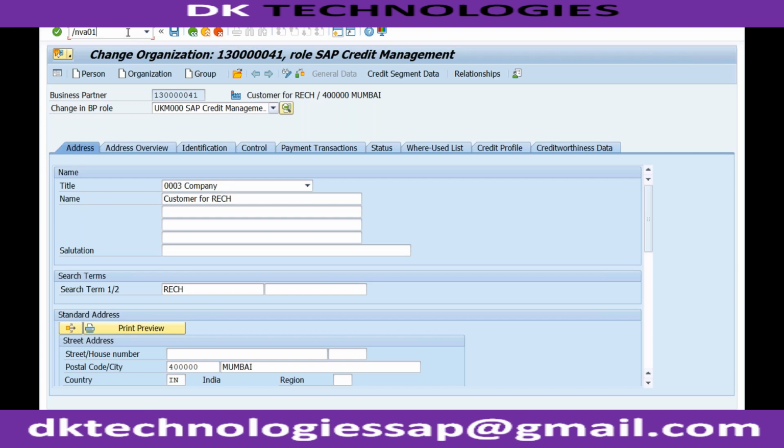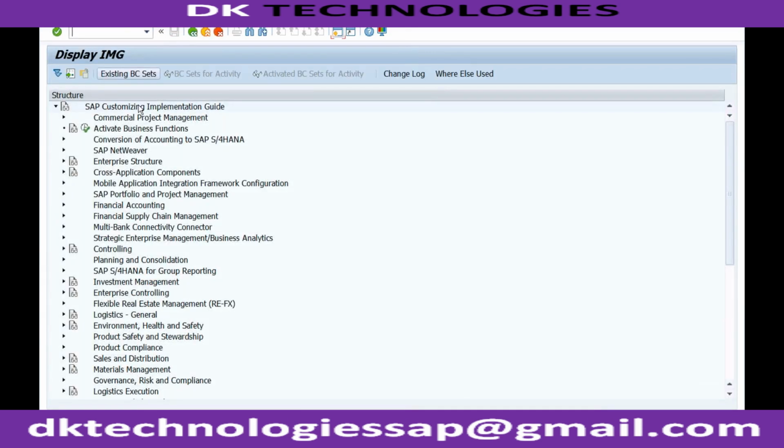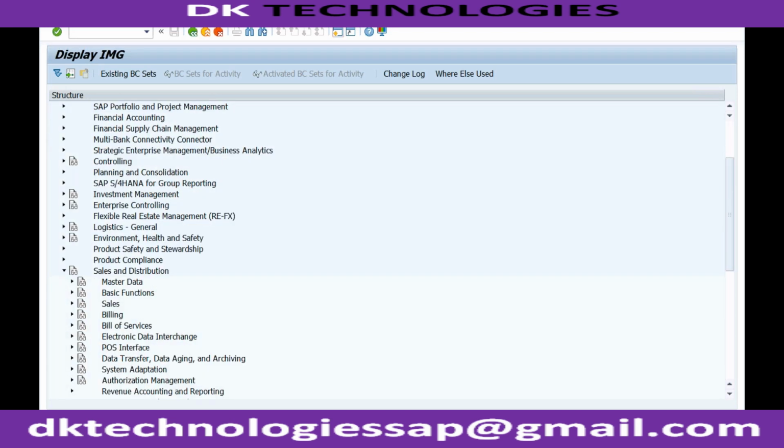before that, there is one more important setting that we need to verify. Otherwise, the system will not perform the credit check. And that is related to the pricing procedure. In the pricing procedure, there is one important setting related to credit management. So I want to verify which pricing procedure is assigned to my sales org. So basic functions,